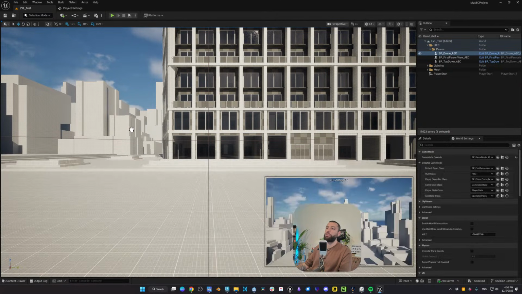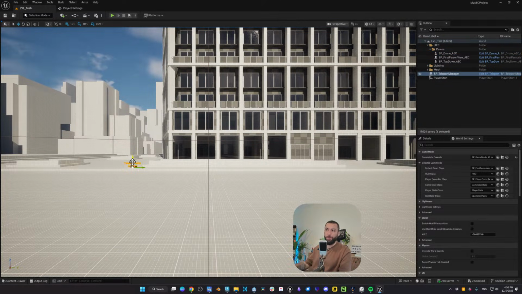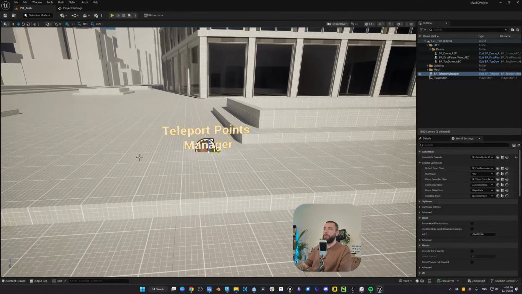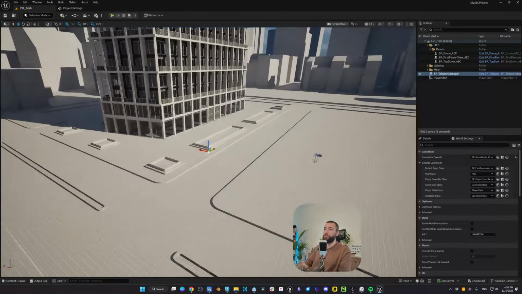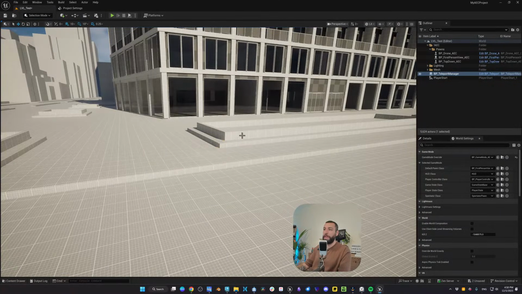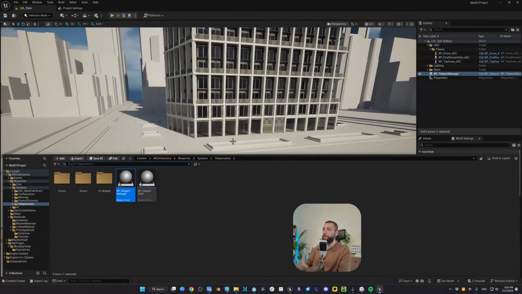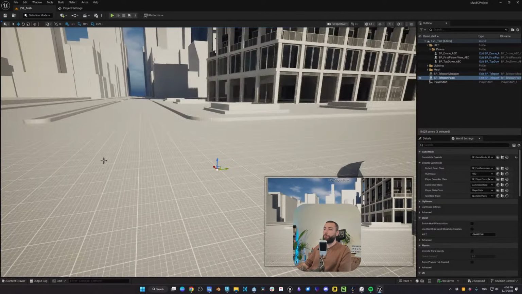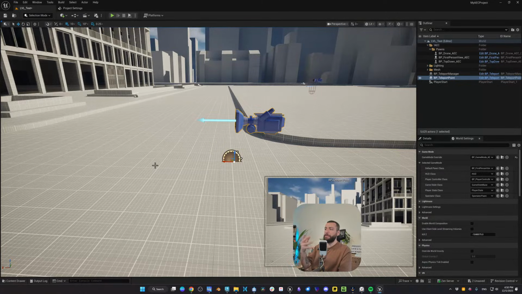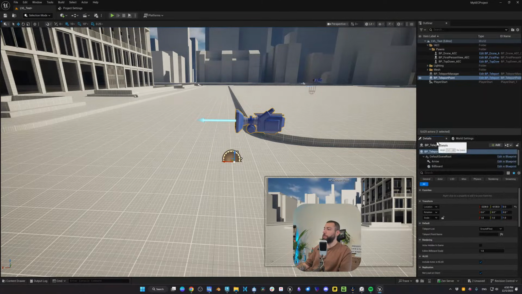So the teleport manager will collect all teleportation points in your project, and here it just says teleport points manager. It will not be visible in the game, but we need to add it to the level. And now when I add a teleport point, simply click and drag to your project, and you can give the teleport point a name. So let's say point 1.